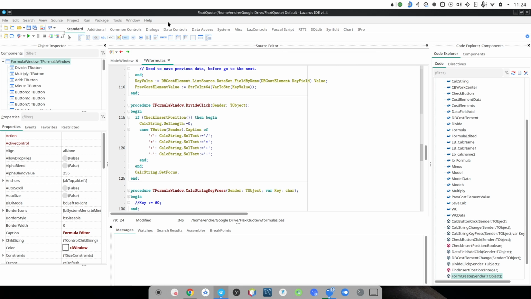Also, the menu is a completely separate window in the environment. But you can use the environment like I'm using it, that you have the IDE actually in one window,